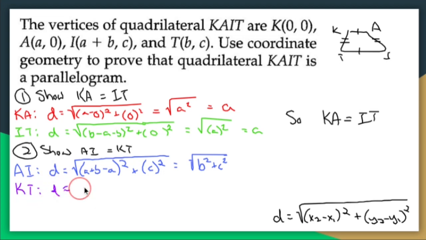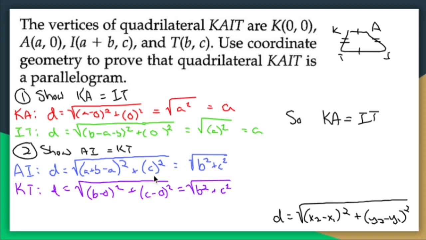KT, that distance, big square root. Let's let one point be my twos and the other be my ones. I have a feeling this one's going to be a lot friendlier because of that double zero. B minus 0, plus c minus 0. B minus 0 is just b, so b squared. And c minus 0 is c, so c squared. So we just showed that AI is KT,